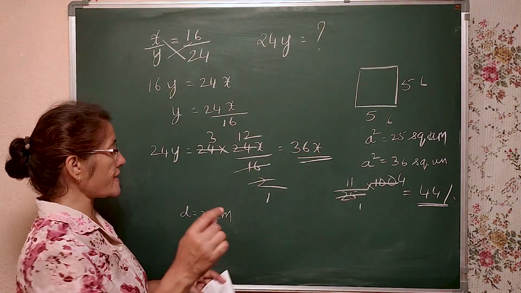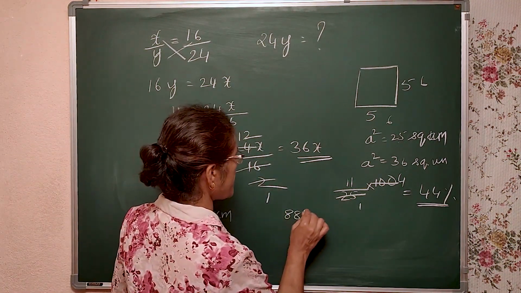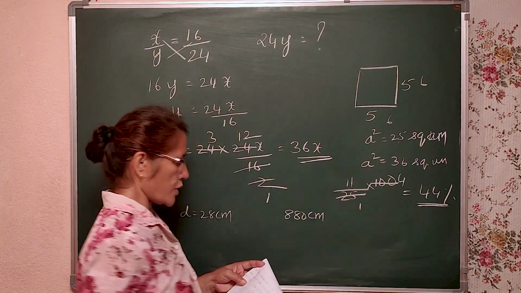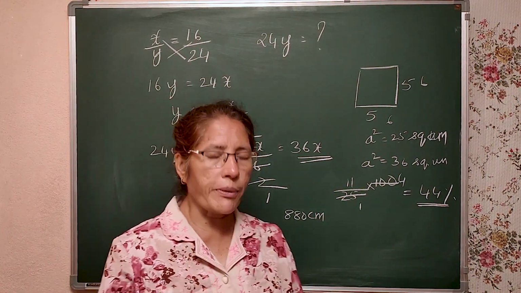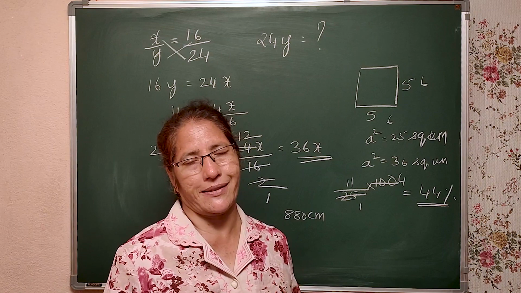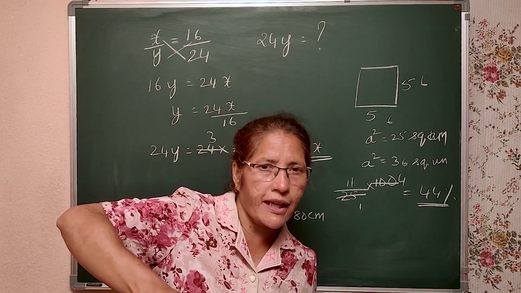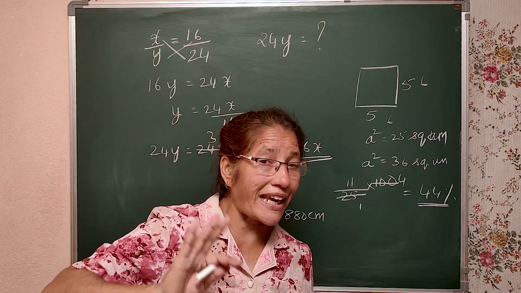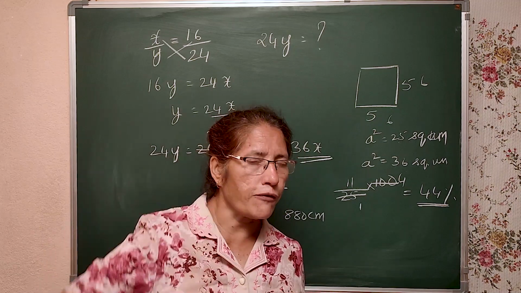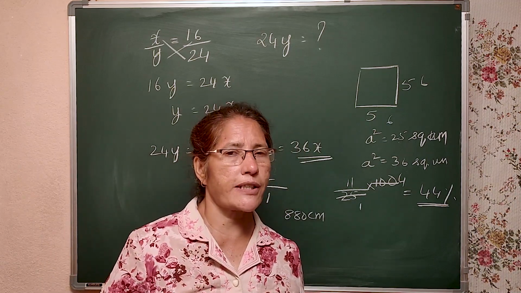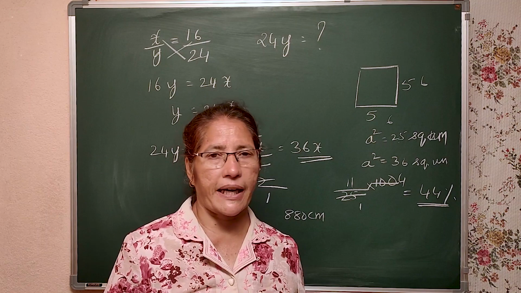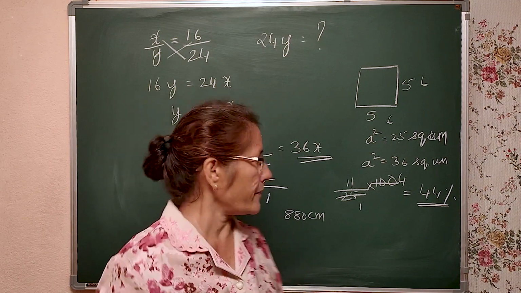And it moves a distance of 880 centimeter. So what is the question? How many revolutions does it make? Whenever the toy wheel is rotating, it is not area, it is the circumference. What is the formula to find out the circumference of the circle? Pi d or 2 pi r, isn't it?